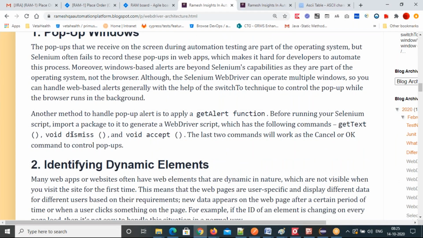And you have to use either dismiss method or accept method to handle those window dialogues. If you call accept method, it will click OK on that alert dialog window. And if you call dismiss method, it will click on cancel on that one. To get the text of that, you can use a get text method. So these are the different methods available in Selenium that will take care of your